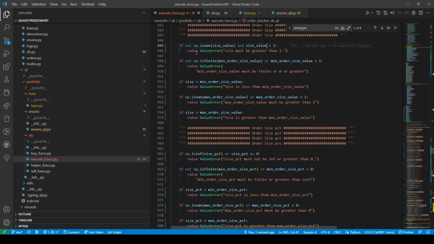This needs to fall under this. Oh, it's the same thing as this. So if this is not nan and size value,